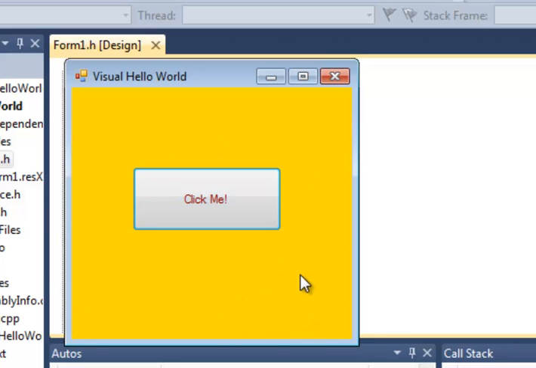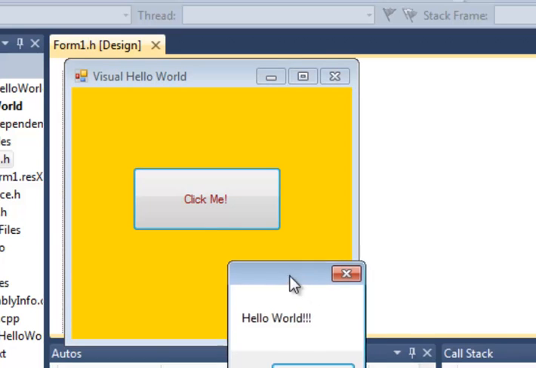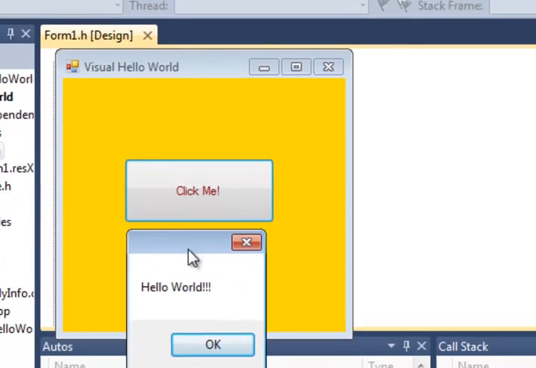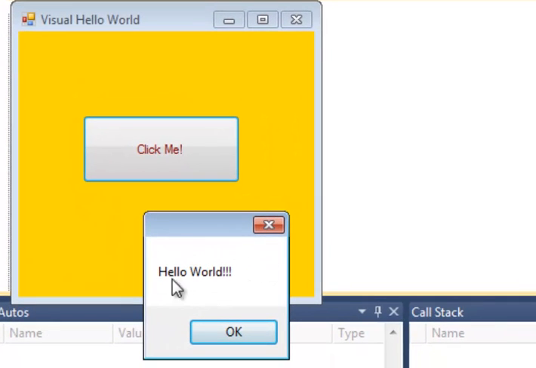This is a really simple program. It has simply one element, and that is a button. And I put my mouse over it, and it kind of changes color. Again, that's something that just happens by default with buttons in Windows Forms apps. But when I click this button, you'll see I get a response. Okay, so when I click it, I get a small dialog box that opens, and it gives me a message,